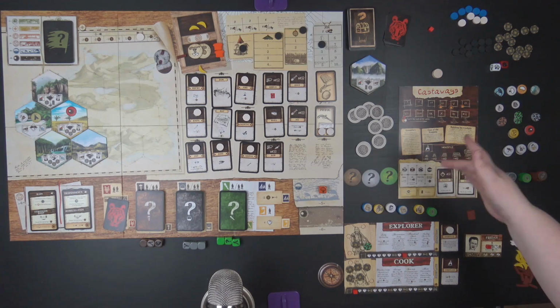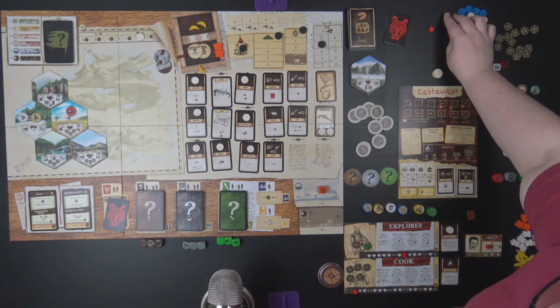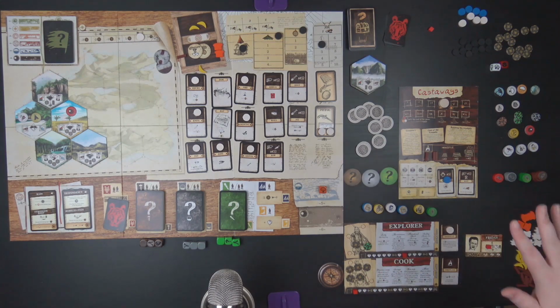Obviously, it costs us a wood to make it, so it'll take a couple of turns for it to actually be worth it. I'm going to put a blue token on it to indicate that we actually have that built now. So we did succeed in everything, but it doesn't feel like we did quite as much as I'd have liked us to do. If I'd really thought about it, maybe I'd have...